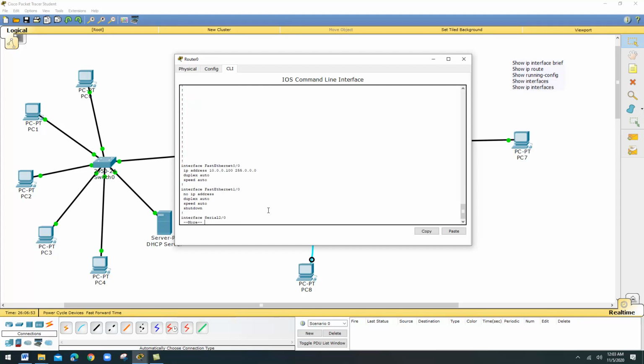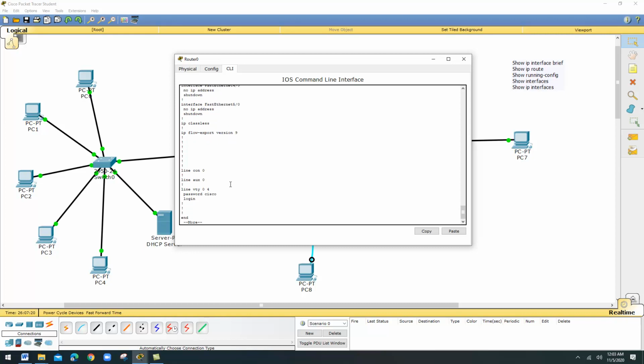Now you can see for fast Ethernet 0/0 you have changed the IP address. The IP address is 10.0.0.100. Then for the serial 2/0 interface, you fixed the IP address 20.0.0.1. Then just keep on going down. You can see whatever changes you have done to your router.